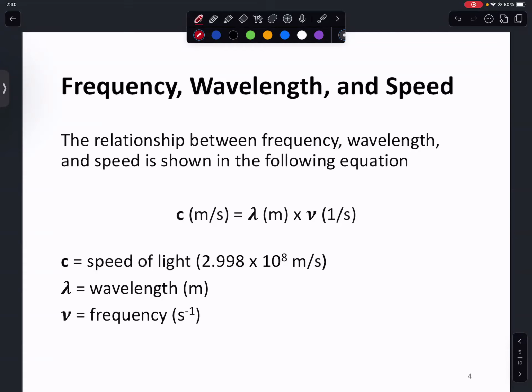They're all connected through this equation in which the speed of light equals the wavelength times the frequency. We discussed before that the speed of light is a constant, 2.998 times 10 to the 8th meters per second. The lambda here is the wavelength in meters, and the frequency is